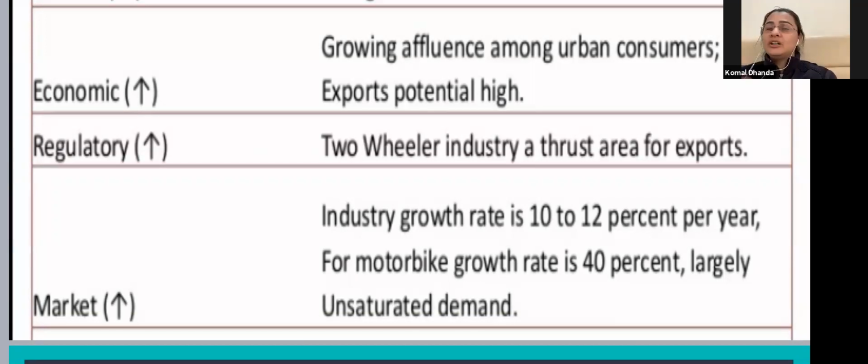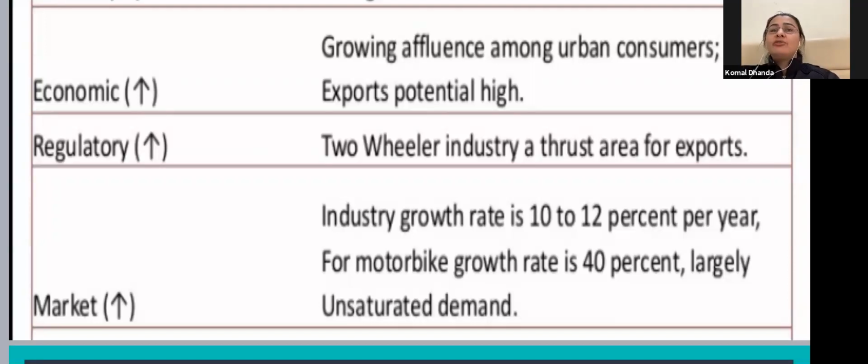That is another kind of forecasting in which a panel of experts sit together and try to predict how things can go in future, and then they collect that information and formulate the plans and strategies of the organization on the basis of that information. So that is another technique which can be adopted for environmental scanning.